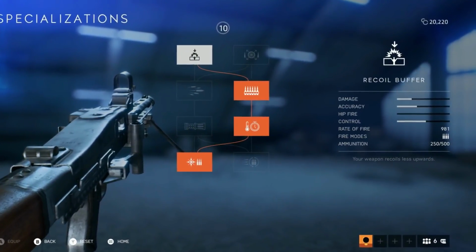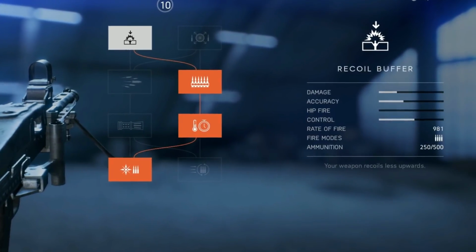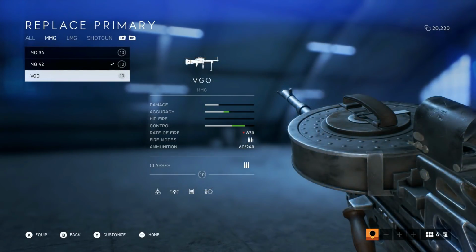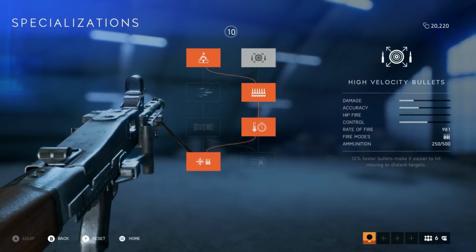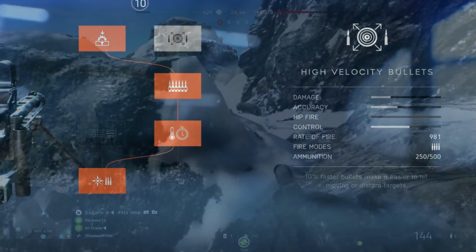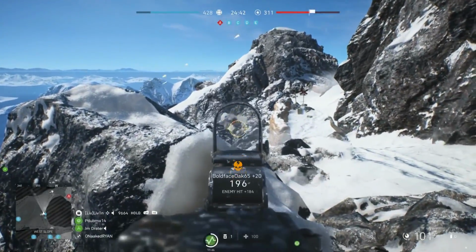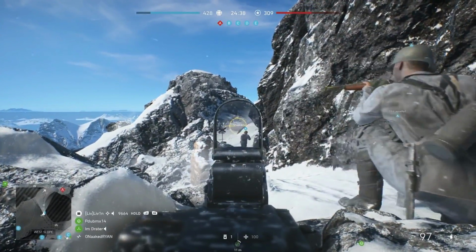You could try to equip the recoil buffer, which gives your weapon less upwards recoil, something I did equip, but even with it equipped, it's still nothing close to the MG34 or even the lesser VGO when it comes to accuracy. And if there's one specialization that I could see swapping out first, it'd be that recoil buffer for the high velocity bullets, which gives 10% faster bullets, making it easier to hit moving or distant targets. But feel free to let me know what you guys have chosen in regards to specializations